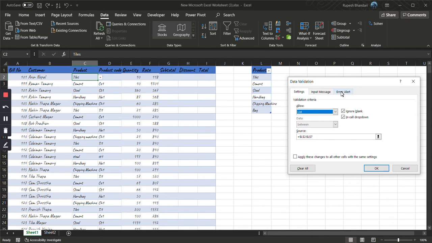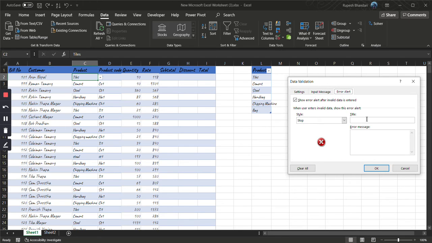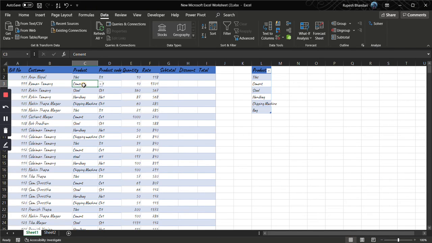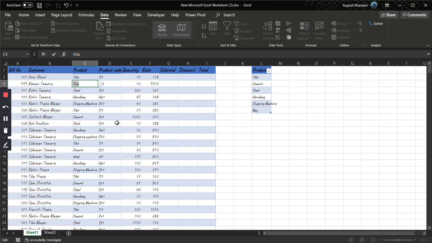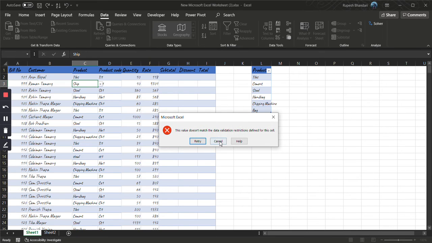Okay, so the error message is basically, please enter valid product, so it will be a stop, they can't enter any other. So if I change this, suppose, to ship, see, it'll provide an error message, right? So similarly